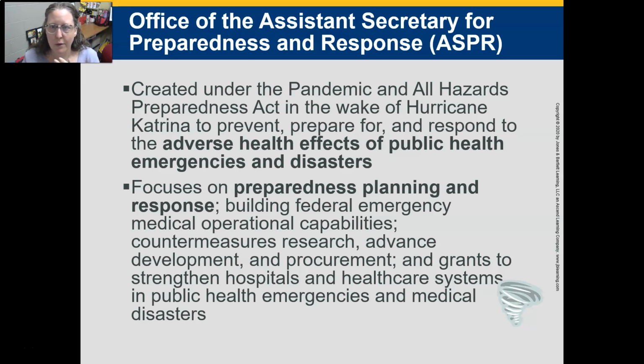So, for example, in our area, we had a tornado that destroyed a high school. And they had some plans on how to respond, where people were moved to, how did they finish the school year, how fast was the school rebuilt, etc. So anyway, that is the last one that we are covering. And so that is a lot of the different federal agencies that are involved in healthcare.